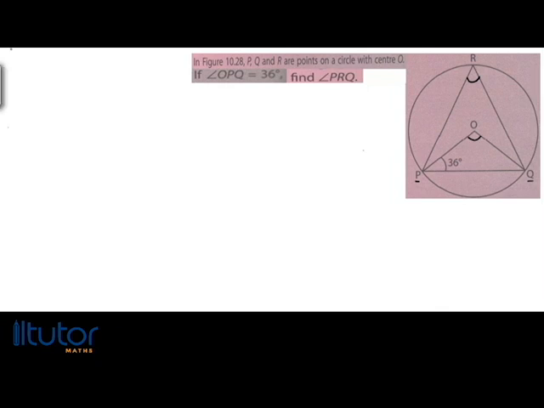So whatever you have as POQ, this angle PRQ will be half of what you will have here. So we have that angle PRQ is equal to half of angle POQ. POQ is the angle at the center of the circle. So the reason is that